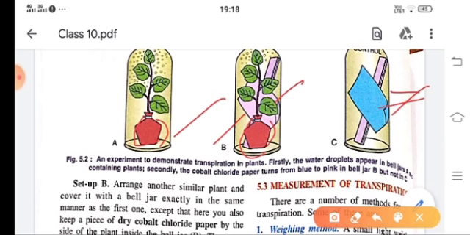So after some time you will see water droplets on the inside of the bell jar. Now here also there are water droplets inside the bell jar, but in this the cobalt chloride turns pink in color because of the presence of moisture in it. And in this experiment there is no change. Why is there no change? Because there is no plant over here, so there are no water droplets, so there is no change. So this shows that plants transfer water in the form of water vapors from the aerial parts. Okay, so this experiment is a controlled experiment, children. That means without a plant there is no water here.